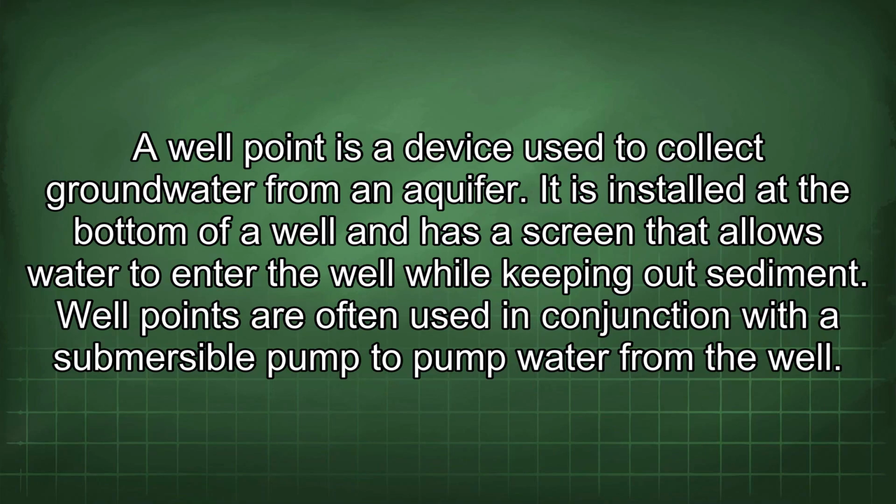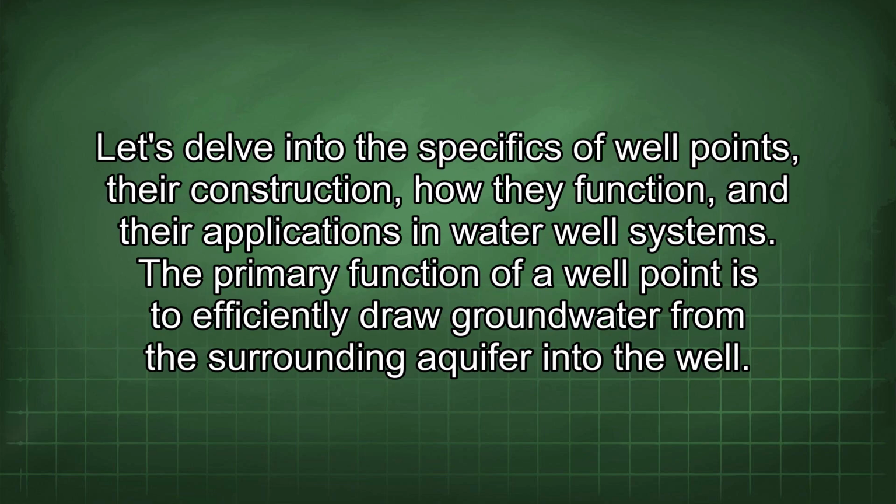A well point is a device used to collect groundwater from an aquifer. It is installed at the bottom of a well and has a screen that allows water to enter the well while keeping out sediment. Well points are often used in conjunction with a submersible pump to pump water from the well. Let's delve into the specifics of well points, their construction, how they function, and their applications in water well